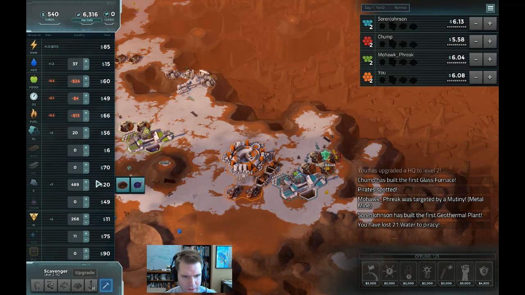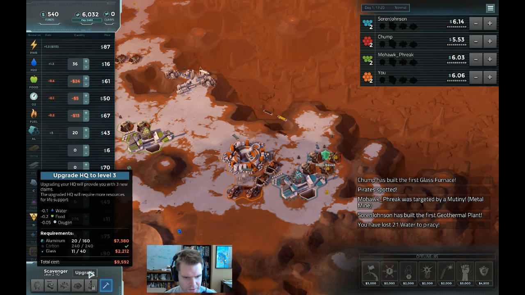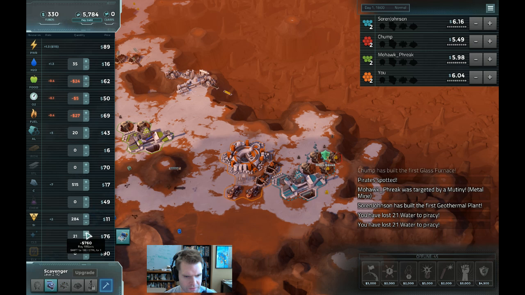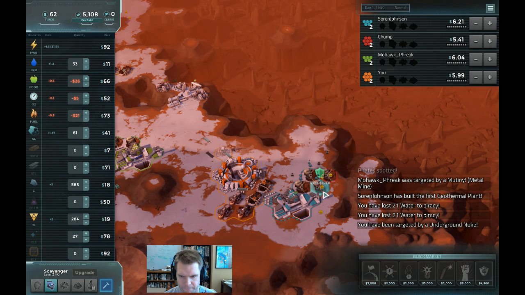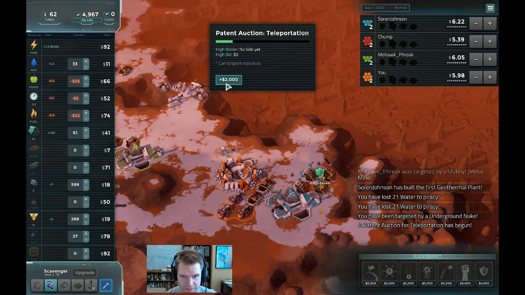Someone's pirating my water? Really? Okay. Fine. Fine. I don't care. Alright. So the capper for me right now is glass. You know, I have so much of this, I almost am considering bulldozing that for a... I got hit by a nuke? Oh, right here at the high. That's fine. I don't think they're gonna...